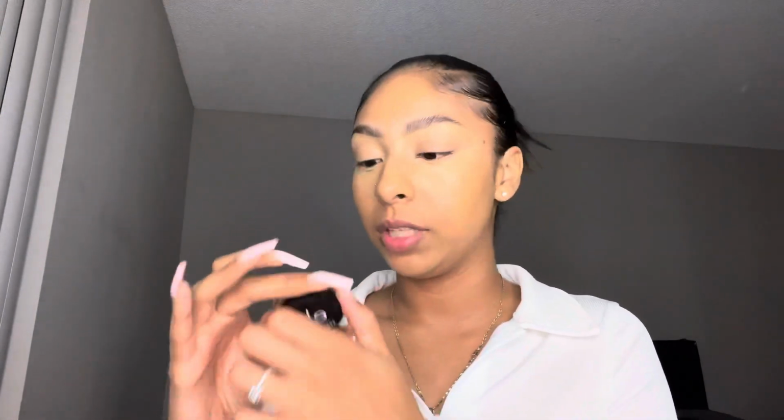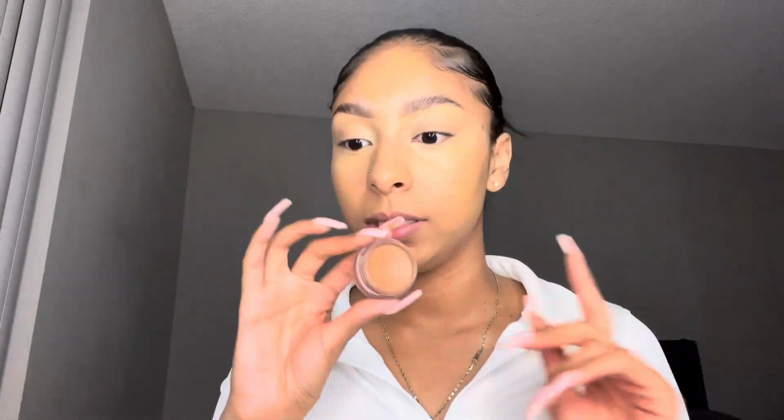So then this is where the Putty Bronzer comes in. I love the e.l.f. Putty Bronzer for my natural days. I have this shade Golden Days, and this is really popular on TikTok, so I got it and I realized I really like it for my more natural days versus wearing it every day. And I just use this little Sephora brush, dip it in there, and I use a pretty light amount. I don't use as much as I would normally use on a regular day, but just to bring some color to my face, I do add some bronzer. Just like that is enough, just so I look a little bronzy, because I love to look bronzy. But again, it doesn't look like